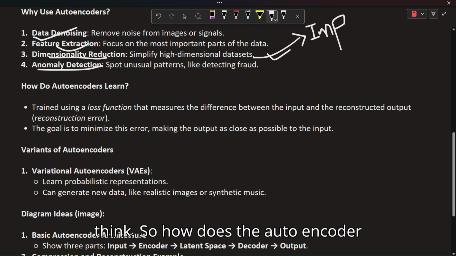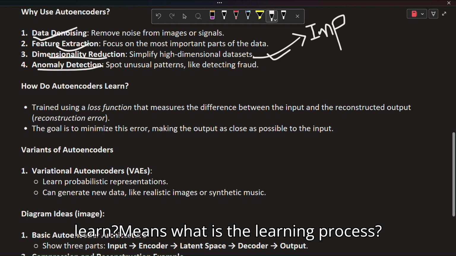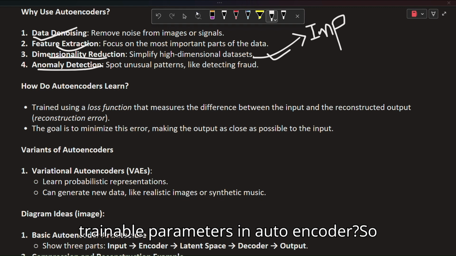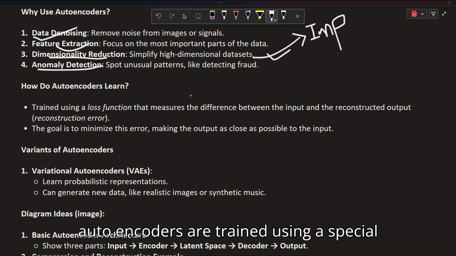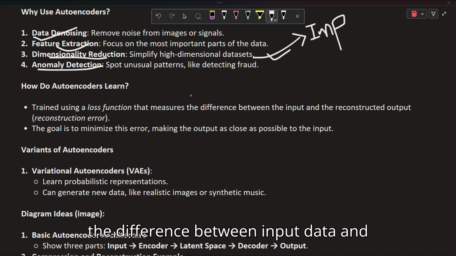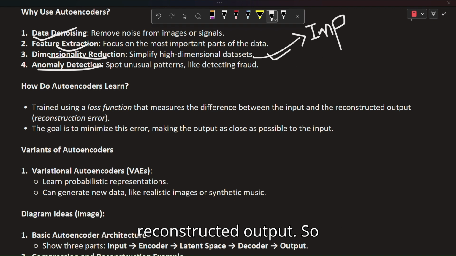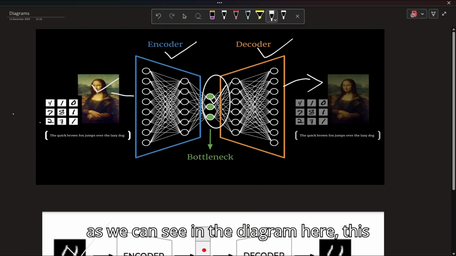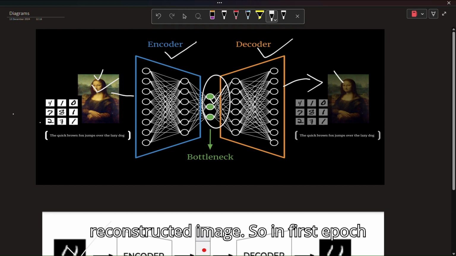So how does the autoencoder learn? Means what is the learning process? Where is the learning part and trainable parameters in autoencoder? Autoencoders are trained using a special kind of loss function. It means the difference between input data and reconstructed output. As we can see in the diagram here, this is our original image and this is the reconstructed image.